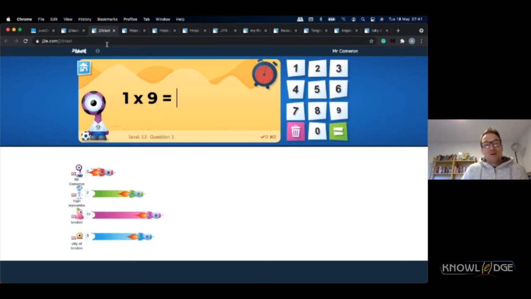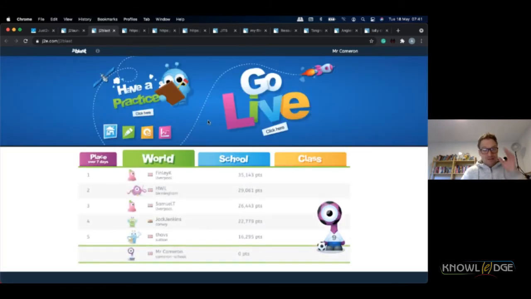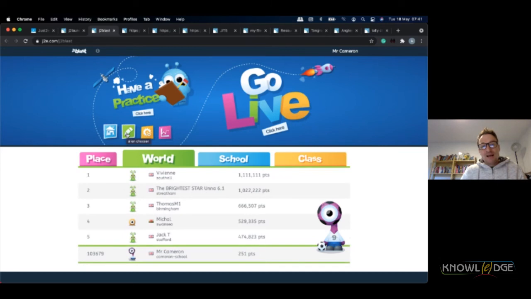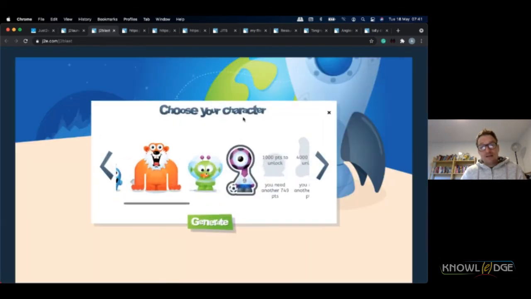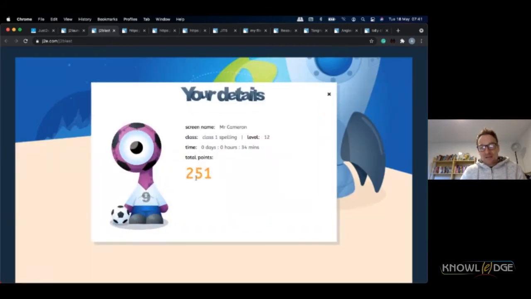One of the great things about this is that within TT Blast, the children have their own score system, so they will be able to see the points that they've got. And you'll also be able to see the number of points, how much time they've spent playing, which class they're in, and what level they've been playing at.